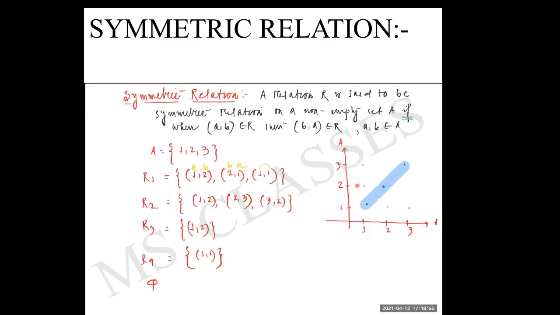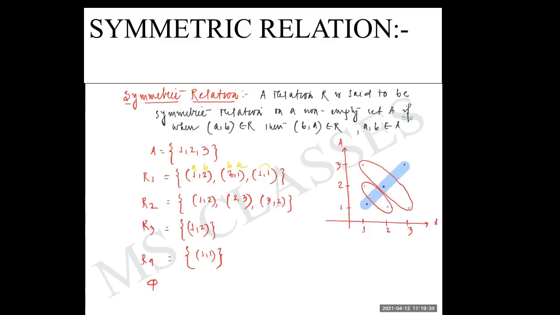Now children, when it is a symmetric relation, then these elements should be present together. It is not that we can have only one element. If they are present, both of them have to be present, else they will not be present. So here you can see these elements, the green ones. Either both of them will be present or they will not be present. So if we have 1, 2, then I have 2, 1 also.